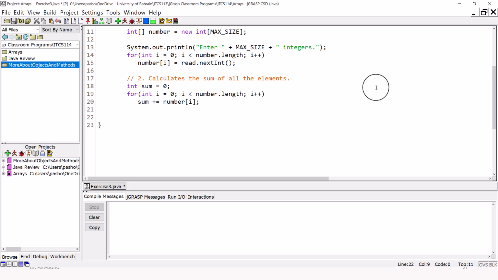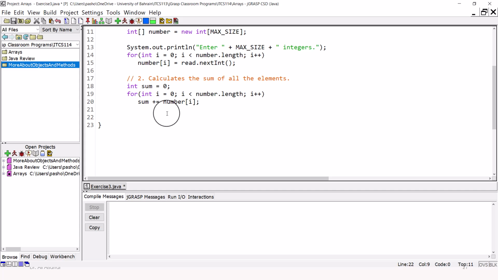Before we show you how to find the sum of the elements starting from the last element, let me ask you this question. Can we use a for each loop instead? The answer is yes. Why? Because notice you are visiting the elements one after the other and not going back and forth